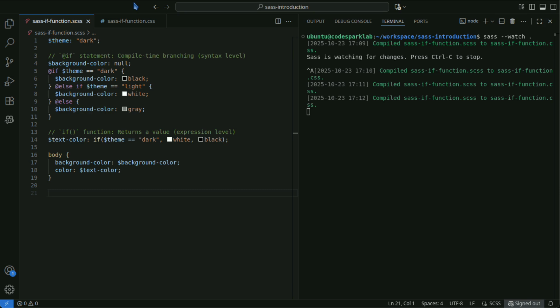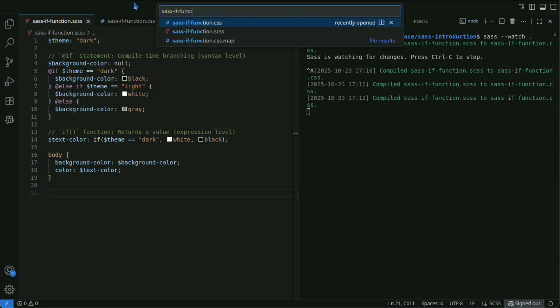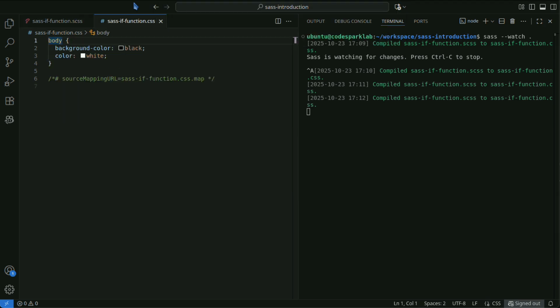By contrast, the if function returns a value and is used to switch values dynamically within expressions. When the Sass file is compiled to CSS, it looks like this. In this example, since $theme is dark, a black background and white text color are applied. The two major differences are that the @if statement controls structure, and the if function returns a value.